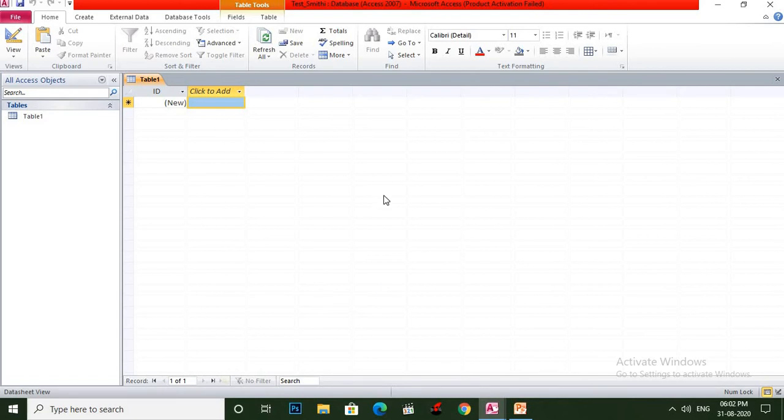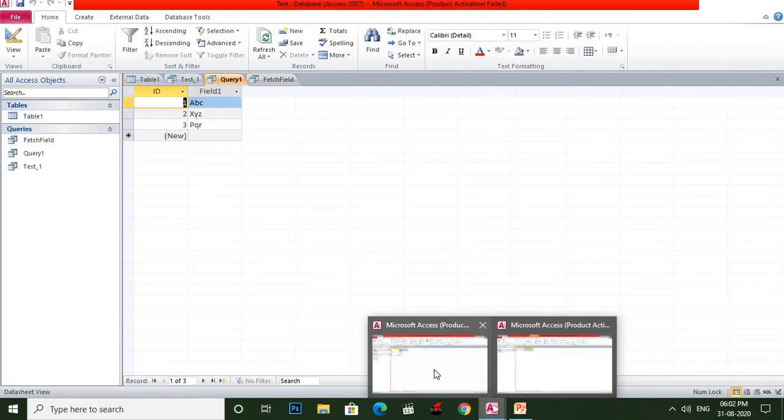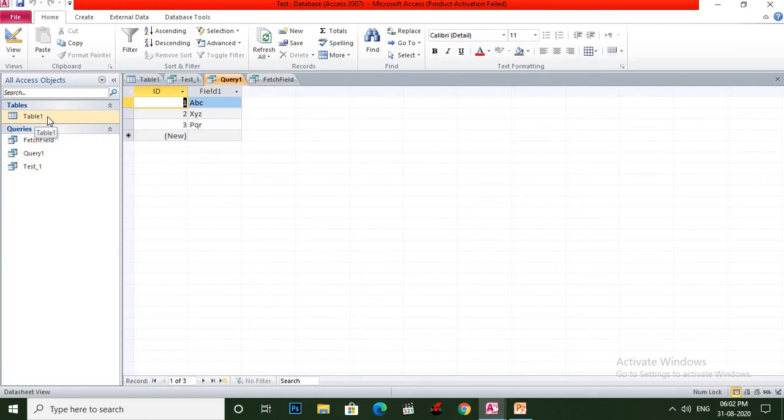First of all, you open the database. Suppose I have one database with one table, Table 1. First of all, click on the Home tab, double click on the table, so you can see our view is datasheet view.